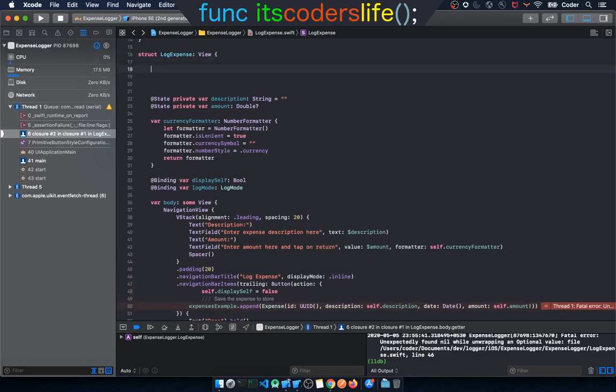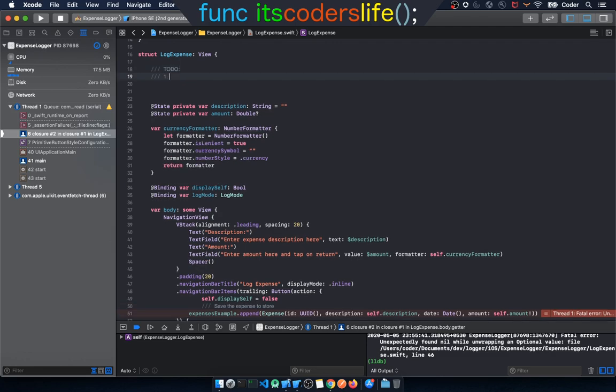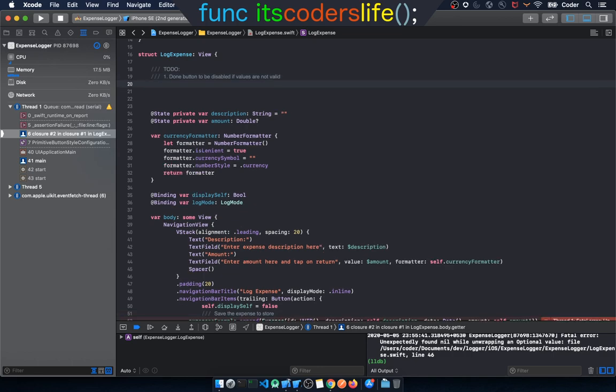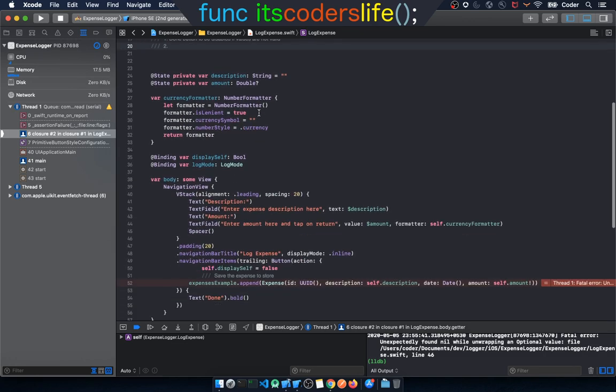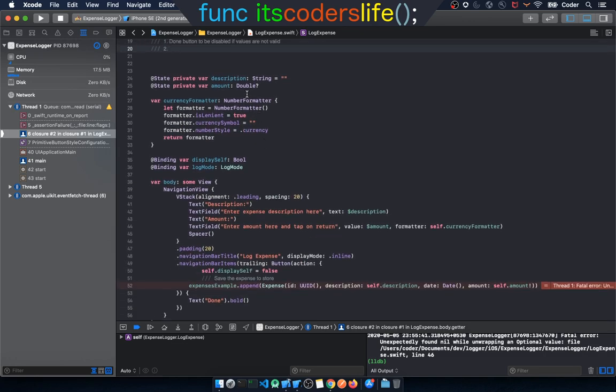So we'll have a set of to-dos here. So one is, done button to be disabled if values are not valid. Okay, 2. Okay, so now